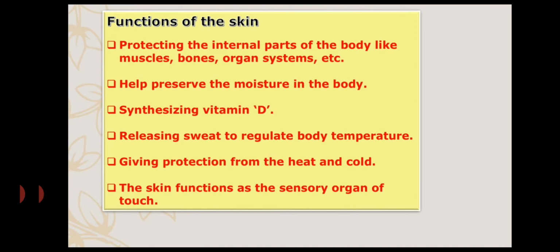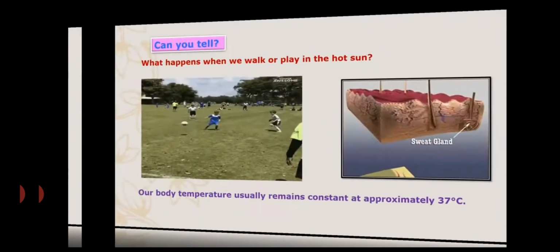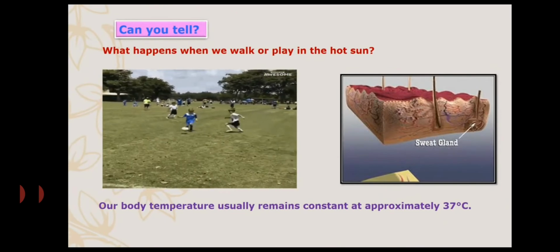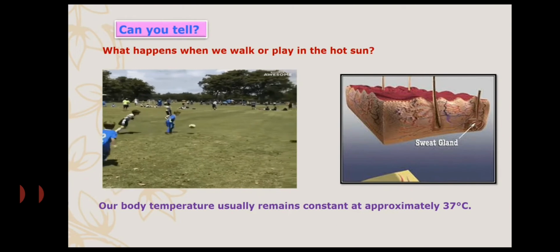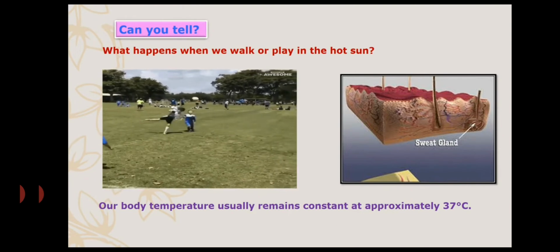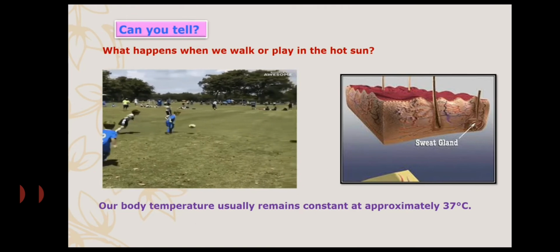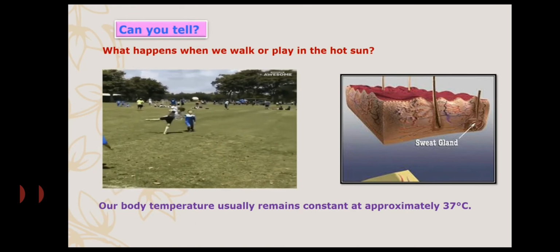Now all the functions mentioned on our screen are important, including giving protection from heat and cold. In the same way, now you can tell what happens when we walk or play in the hot sun. So children, here